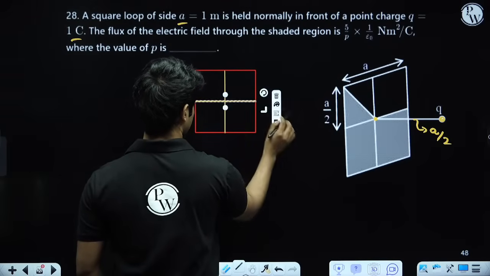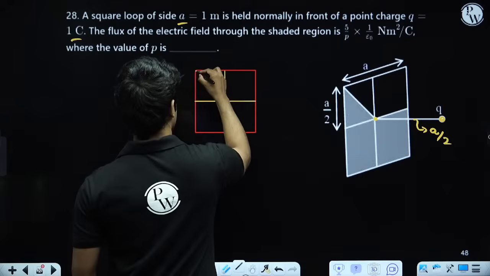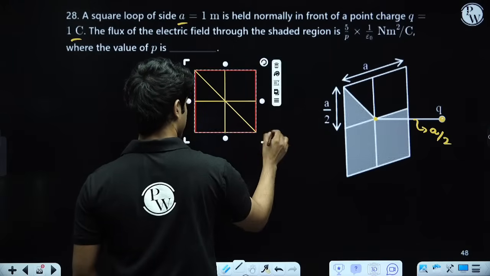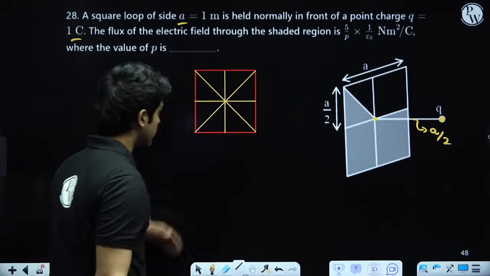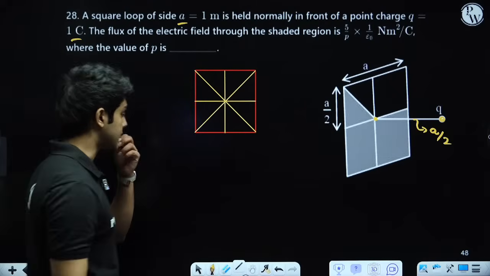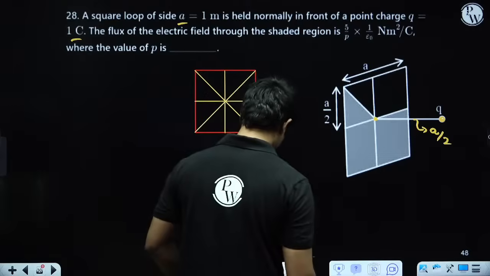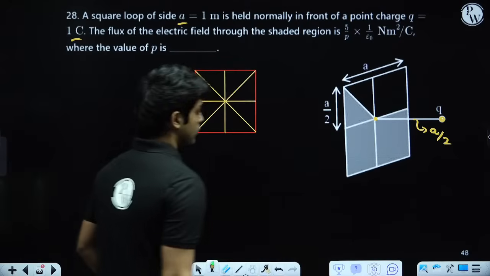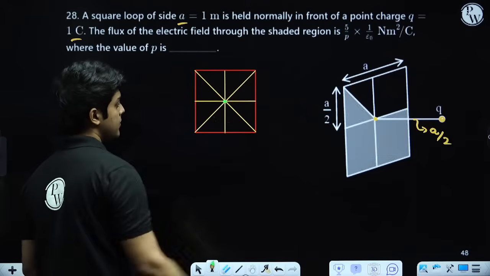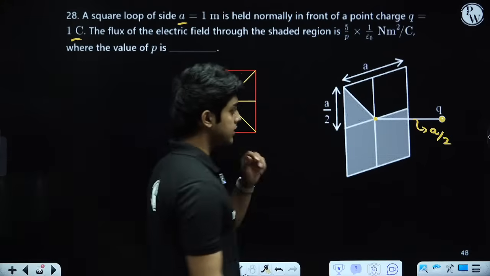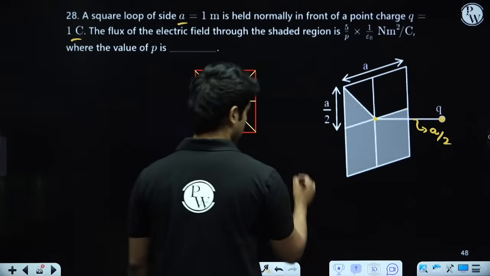This is the second one. We'll draw the diagonals as well. Okay, so we split this square into 8 parts basically. So the thing is, the point charge is placed above this point. Now the first thing to understand is that this situation is similar to having a cube,